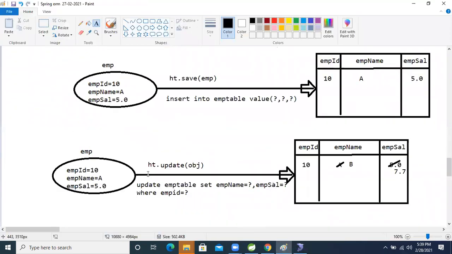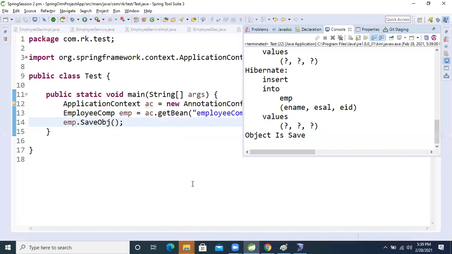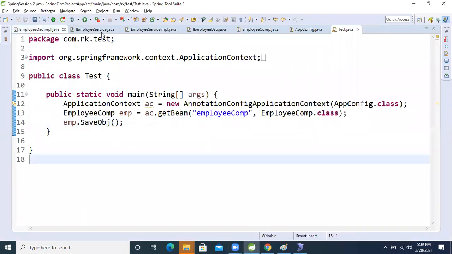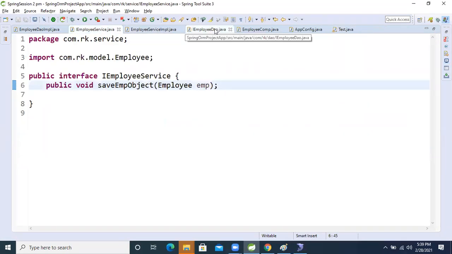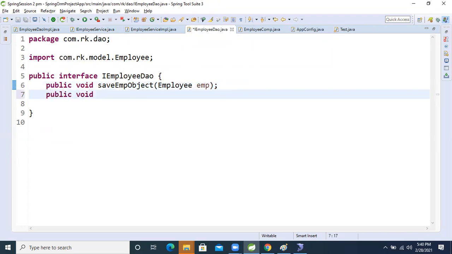Now after that, I want to update the employee name. For that, which method will we call? The update method. So come into the application. Where will we go? EmployeeDAO. Inside that we will write one method. Public void, its return type is void, updateObject. Just writing that. It needs an int employeeId, based on which it will update.